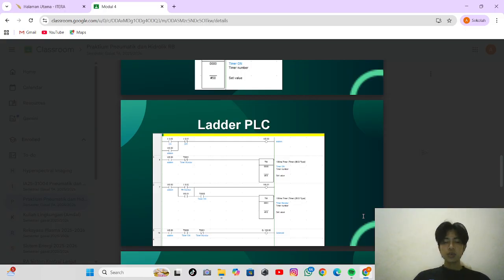When the input is activated, the timer starts counting, and once the set value is reached, the output coil is energized. In the second rung, you can see how the timer is connected with a push button and another TON instruction to create a sequence delay.